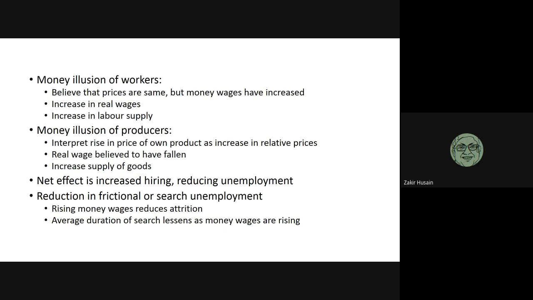Now let's turn to producers. There are different producers. You have different commodities, and even for the same commodity, you have many producers. Let's assume that in each market you have a monopoly, or all the producers are thinking together. So we have different commodities X1, X2, X3. All the people who are producing X1 interpret inflation as an increase in the price of X1. So they believe only P1 has gone up, P2, P3, P4, everything else remains the same.